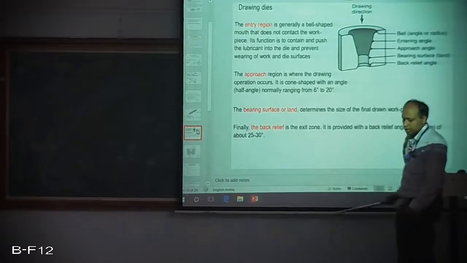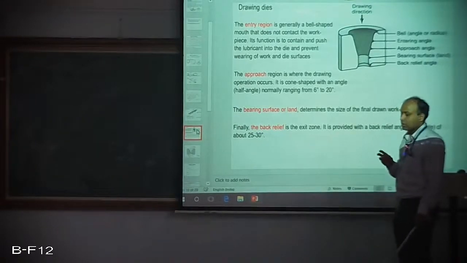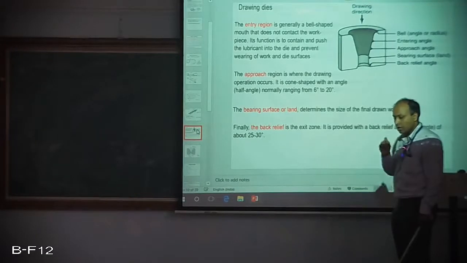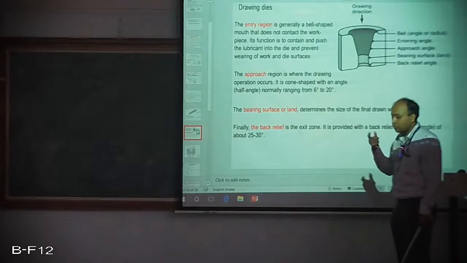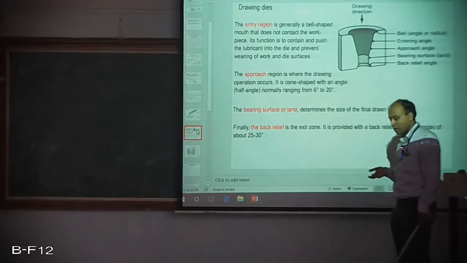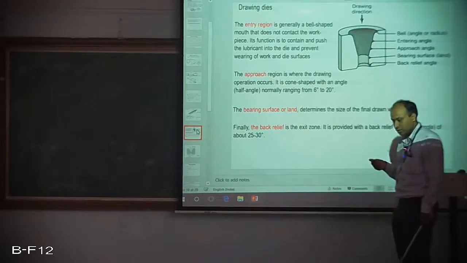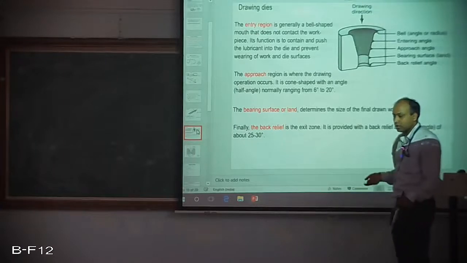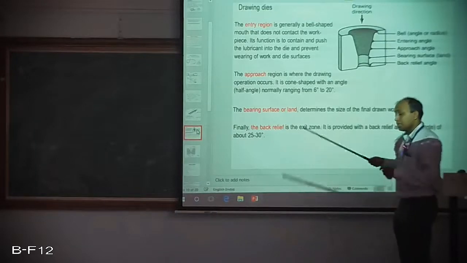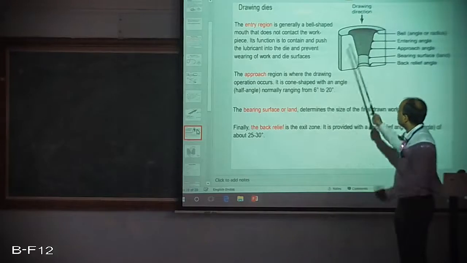The second thing is why bell shape? There is something called hydrostatic pressure that is created. I hope you are familiar with that. If any object during plastic deformation undergoes hydrostatic pressure, the chances of it failing or cracking reduce. So under hydrostatic conditions, I can provide more deformation. On the contrary, if there is no hydrostatic condition, the deformation that can be provided is very less. If I want to provide more deformation, then the chances of cracking will be there. The material will fail. Necking will take place or somewhere cracking will take place and the material will break. So to create that hydrostatic pressure, this bell shape is provided.